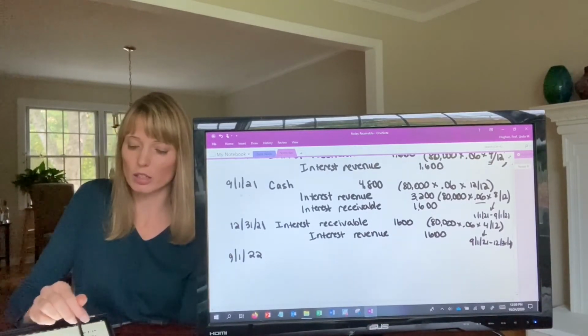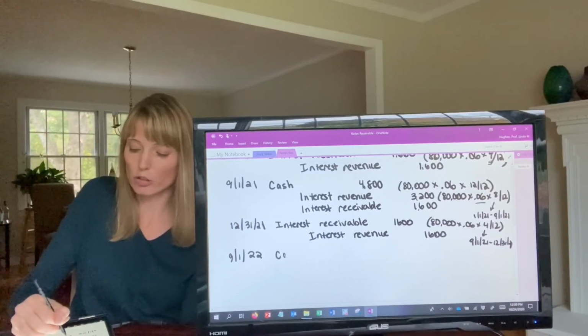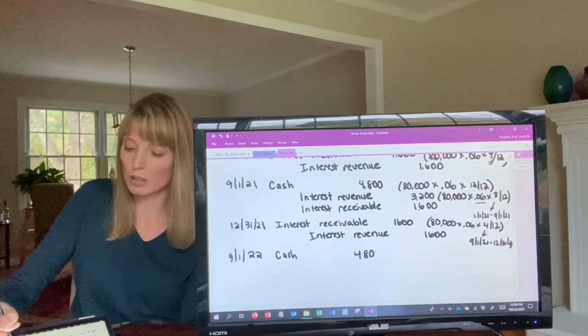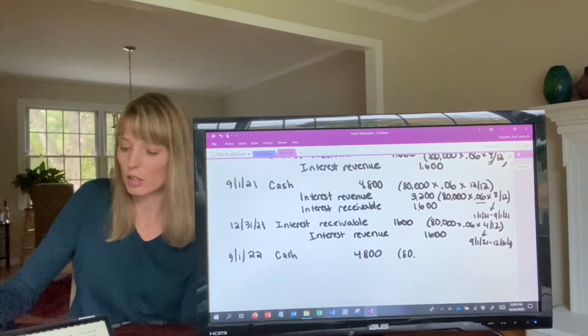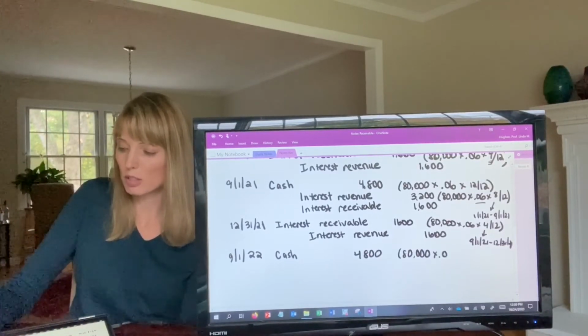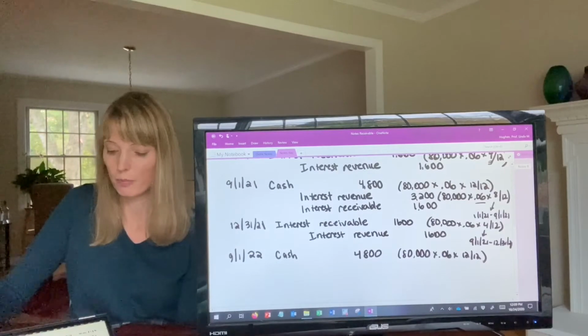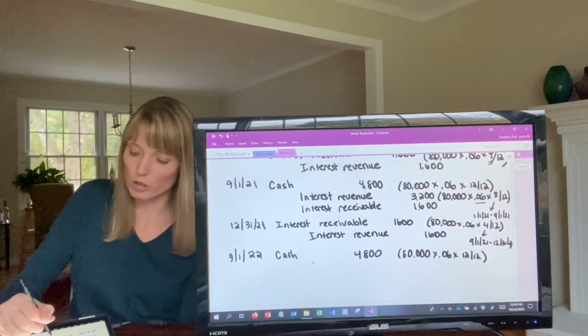Just like we had done in the prior year, we have our entry just related to the interest. It is going to be cash debit $4,800. Again, that's the principal of the note times the 6% times the full year, because the interest is paid once per year. I'm going to credit interest revenue